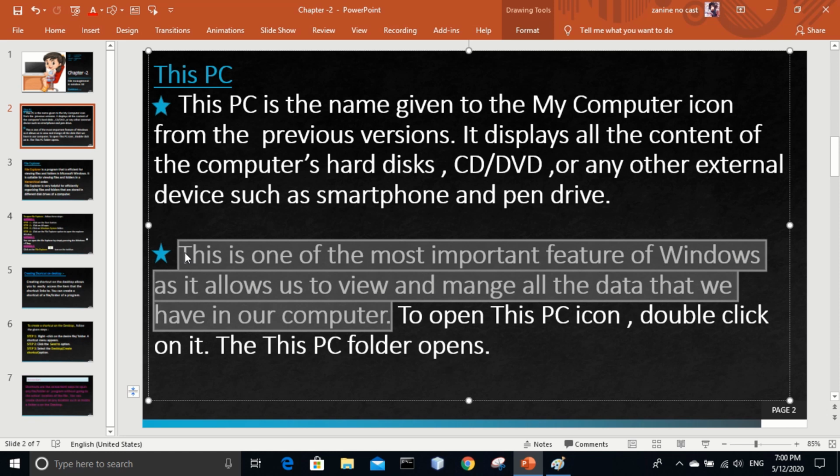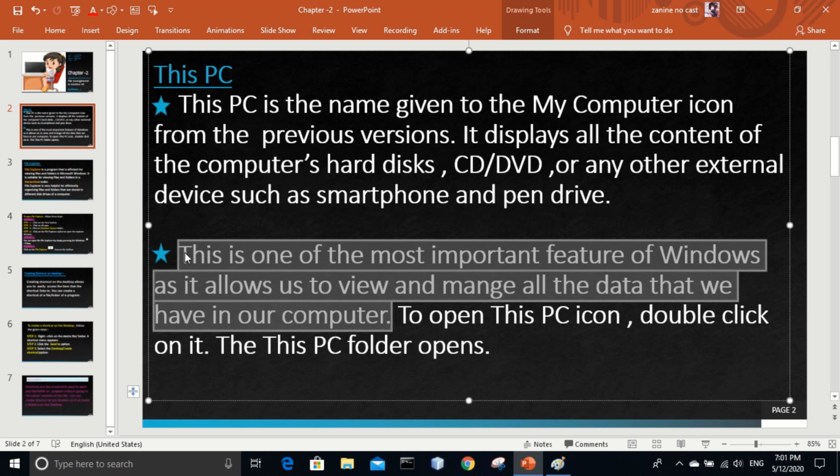Let's imagine we have some documents, your exam paper, your notebook paper, your online classes inside the computer. If you want to see them all together, where they are stored, and you want to manage them, where will you go? You will go to This PC.